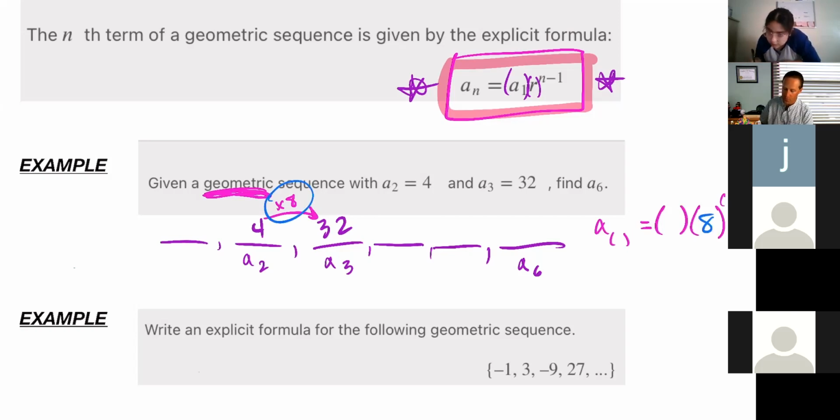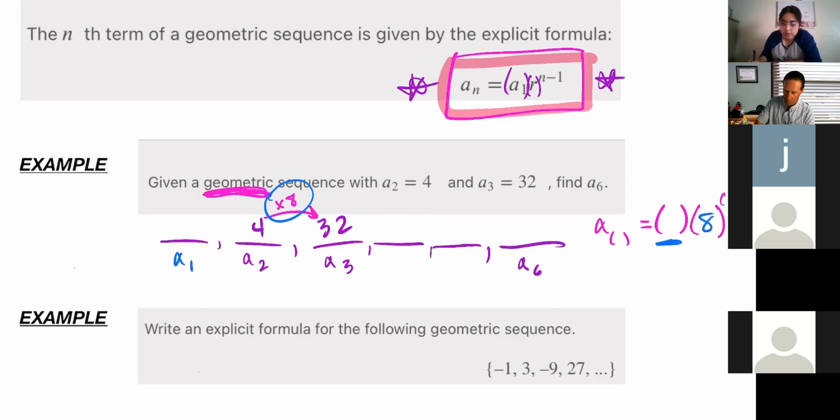Could we therefore figure out what A1 would be? Well, if we multiply by 8 to get from one to the next, moving left to right, what will we have to do to go backwards? Divide by 8. Very good. And so take this and divide it by 8, and that will get you